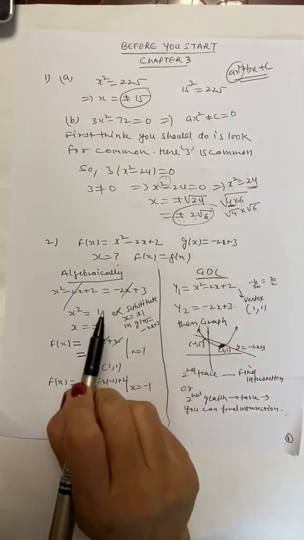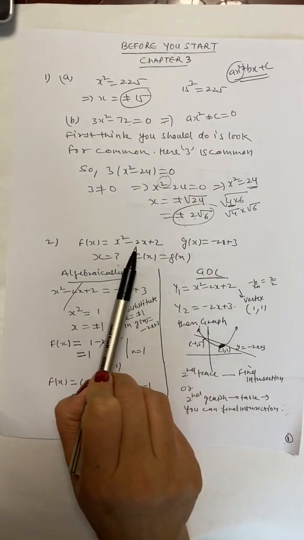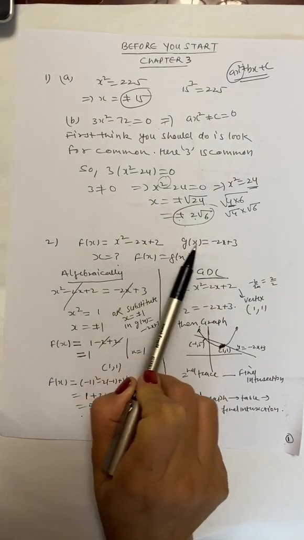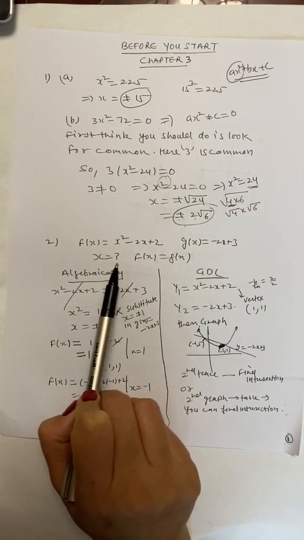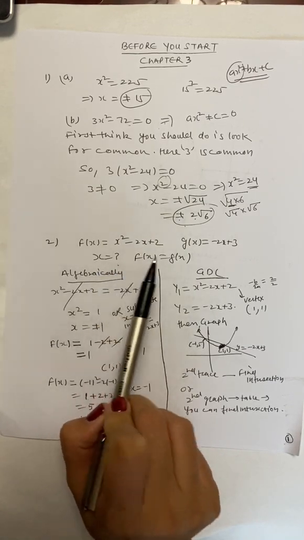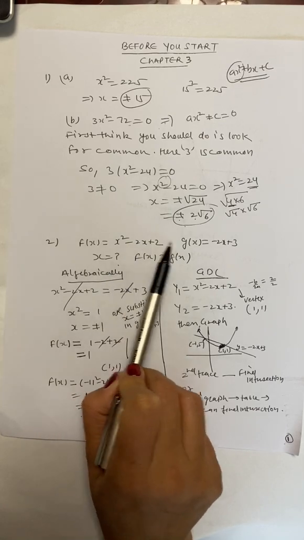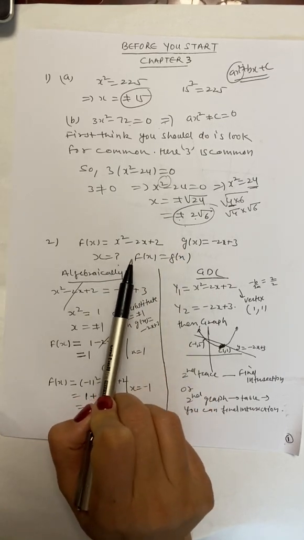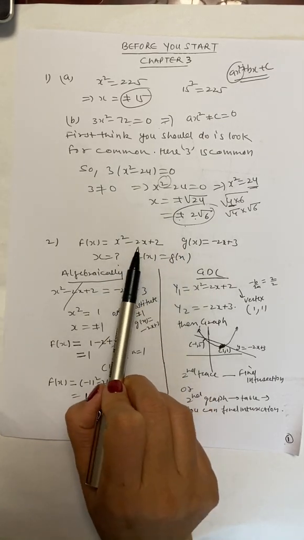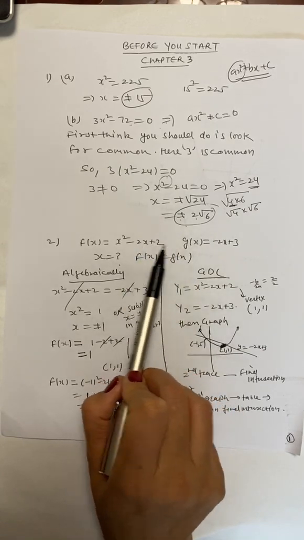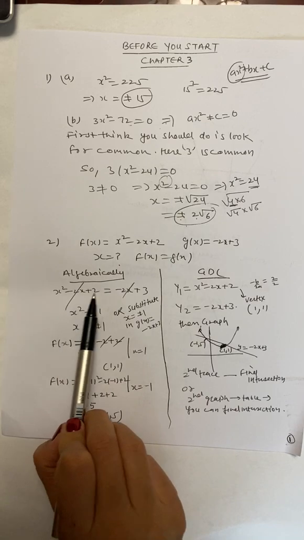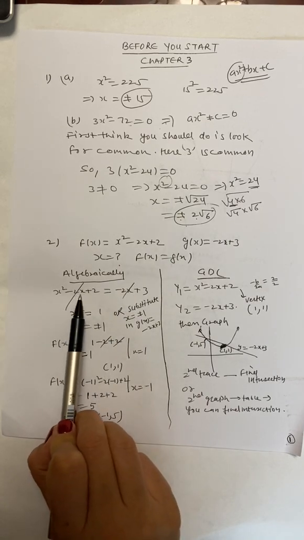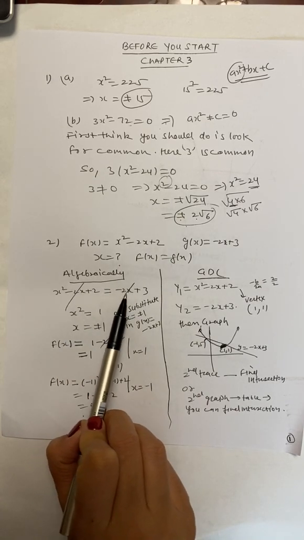So for the algebraic way, since f of x and g of x are equal, we have to find the value of x. And you have to find the points of intersection for this one. So not only x, we'll also find the y value for where these two graphs intersect. So for the algebraic way, we will equate them,